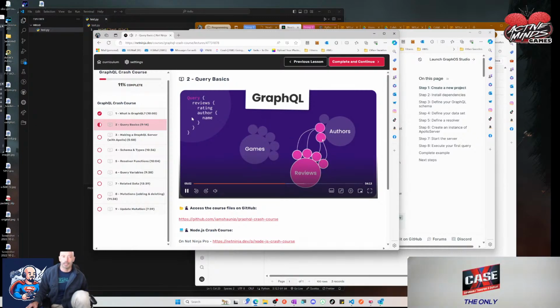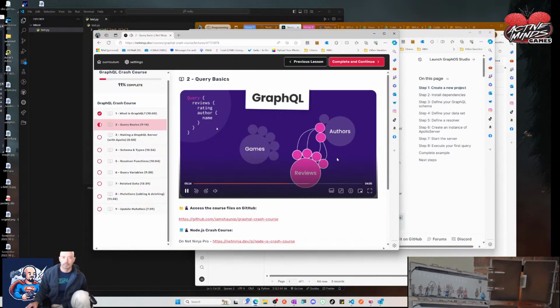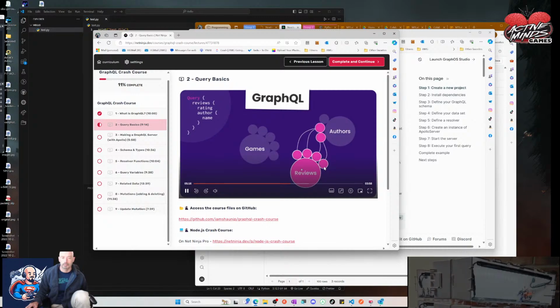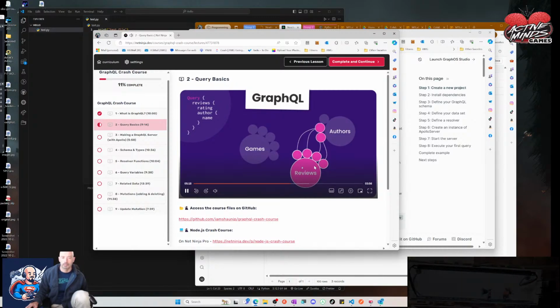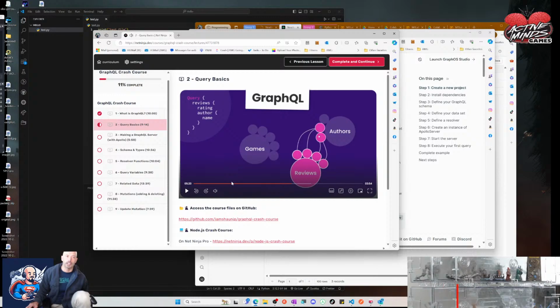And that's kind of what he's explaining here. And the author is a separate resource, and all of this data would be brought back from a single request. We've only made one query and sent that one query to the server. We didn't have to first get the reviews and then make a second request for the authors of each of those reviews. See, GraphQL differs from, I mean, again, he explains all this,